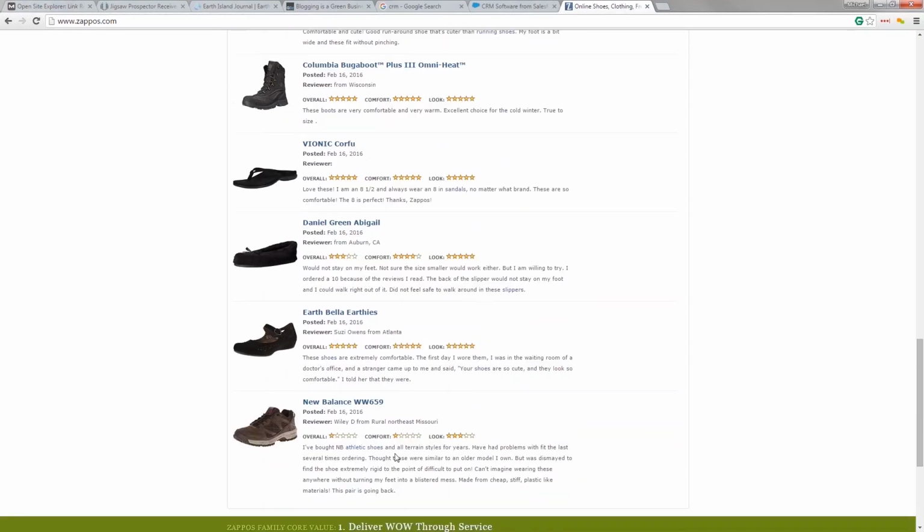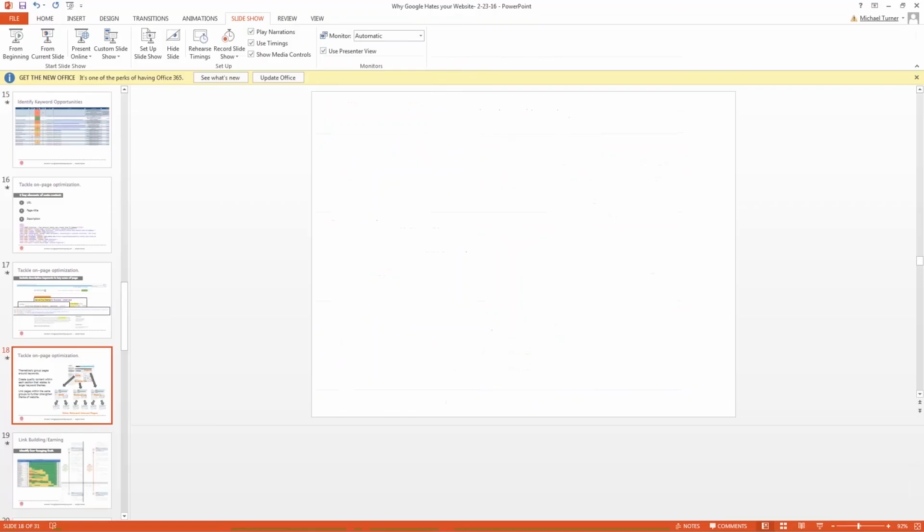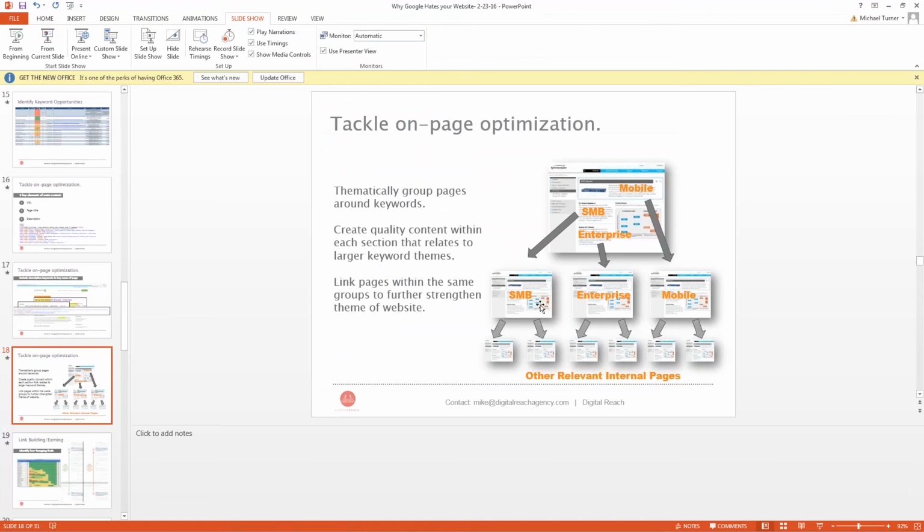Same thing. We go down a little further here. Athletic shoes, and again, this is a system optimization that their team has done here. Am I recommending you guys do this? No, absolutely not. But I'm showing you as an example of how some teams do it, right? So I bought MB Athletic shoes, internally linked to the athletic-shoes page, further building that strong theme around it. That's another one of the variables that Google's looking at.